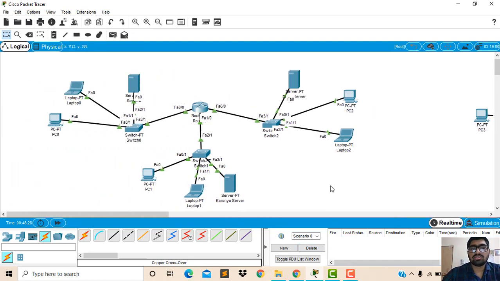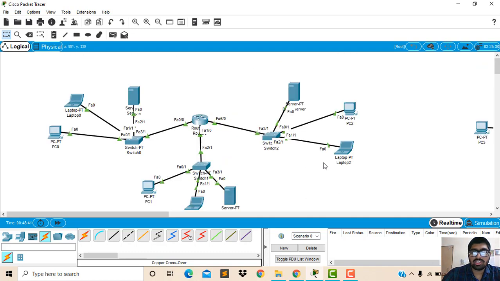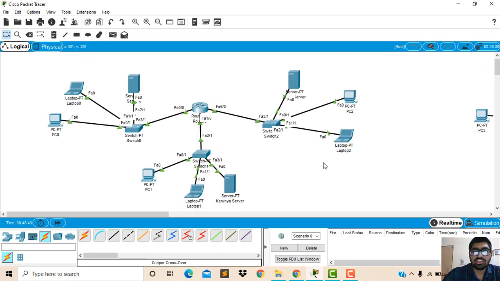Now today we have discussed different servers, the DNS server as well as the DHCP server. What is the use of the copper straight-through cable? The copper straight-through cable is used to communicate different types of information with different types of PCs, and the crossover cable is used to communicate the information only between end devices.